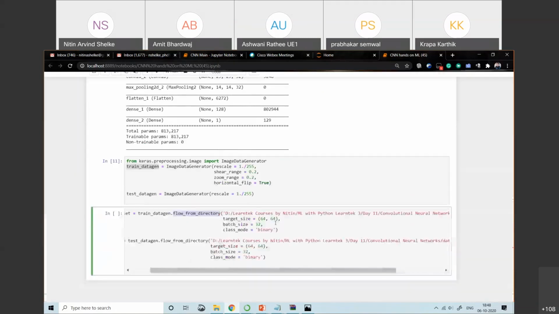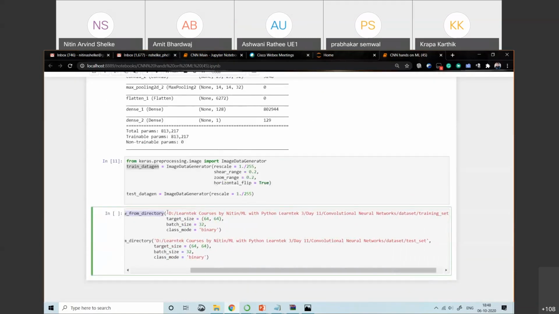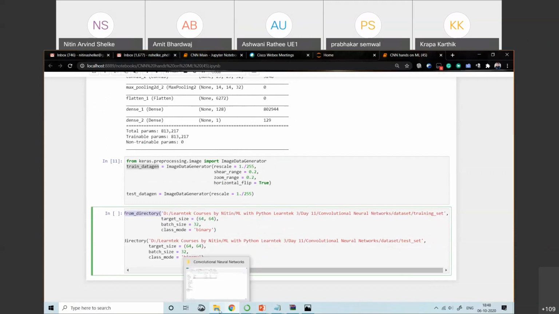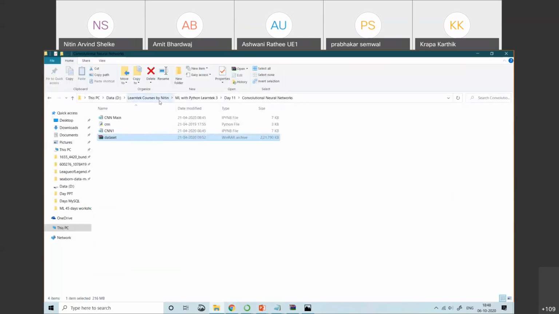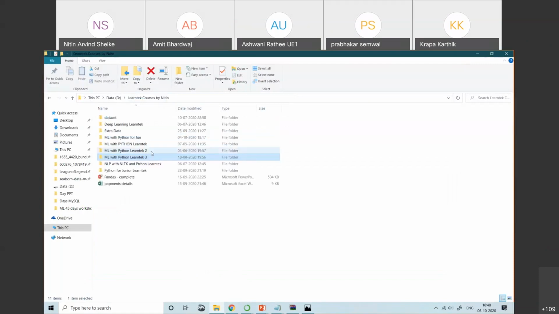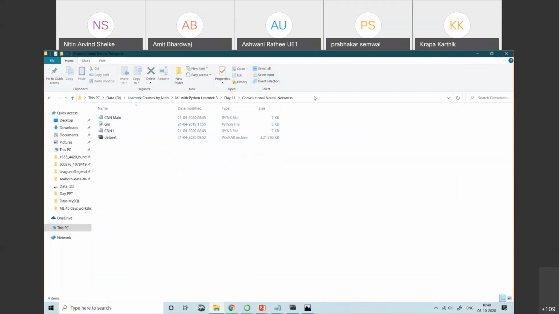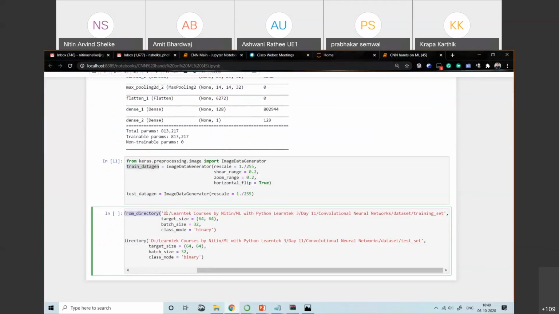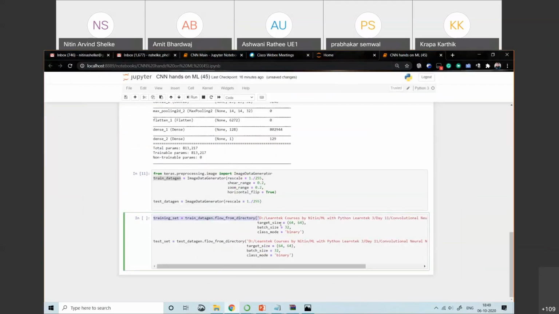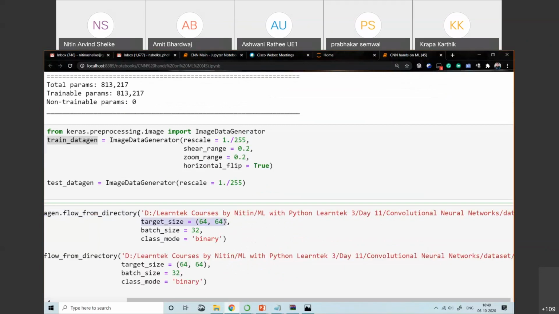So you need to add the path. This is the path of my data set on the D drive, copy pasted here. After that, I added the target size as 64 by 64. This is the image target size that I am using, 64 by 64.